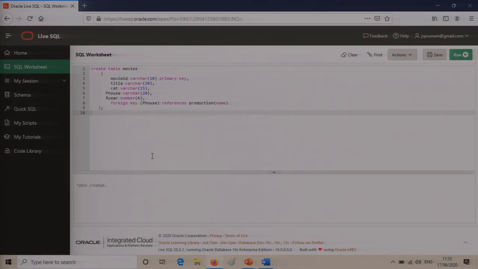Table created. The statement before this appeared because I selected one line and then said run, so it tried to run only that one statement and said invalid statement. So the table is created. The movies table is also created.